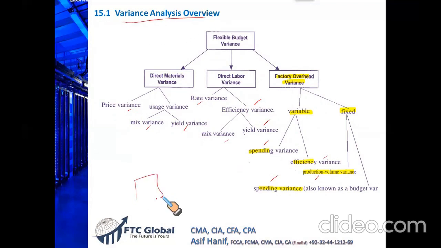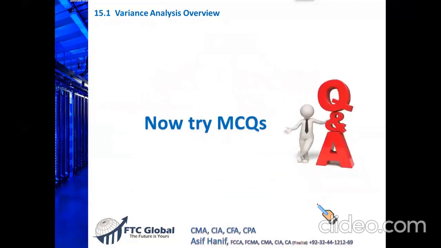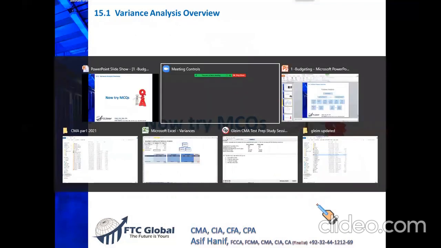We have standards. Based upon standards, we draw our budgets, and then we compare our actual performance with budgets. It will result in variances. Variances can be favorable, can be adverse. Whether favorable or adverse, we must analyze both types of variances so that we can control our operations, we can evaluate the performance of our managers, and we can achieve our targets. So let us do a few questions related to the overview so that we understand the concept in a better way.